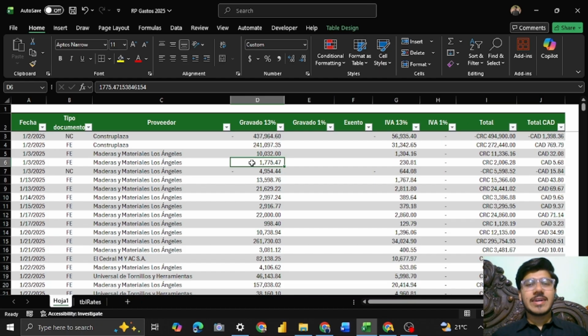So basically, the client already has the existing workbook with this data, and the main pain point of the client is that he wants all these totals that are currently in Costa Rica currency converted into the Canadian dollar. The most important part is that he wants the workbook to use the exact date conversion rate on which the